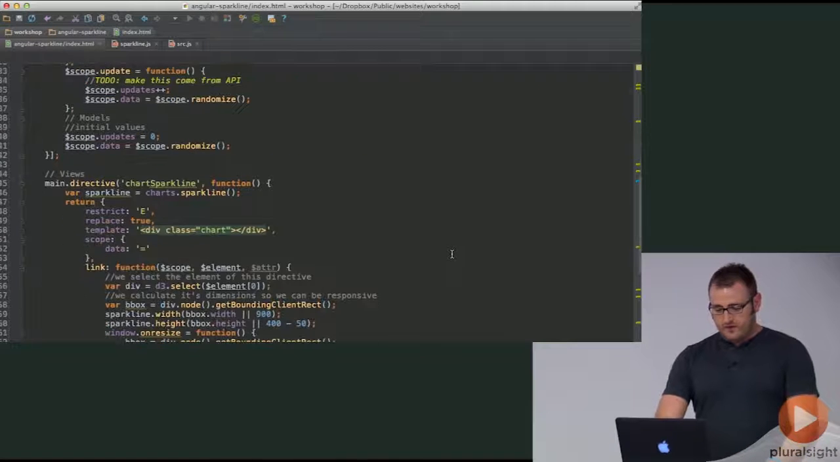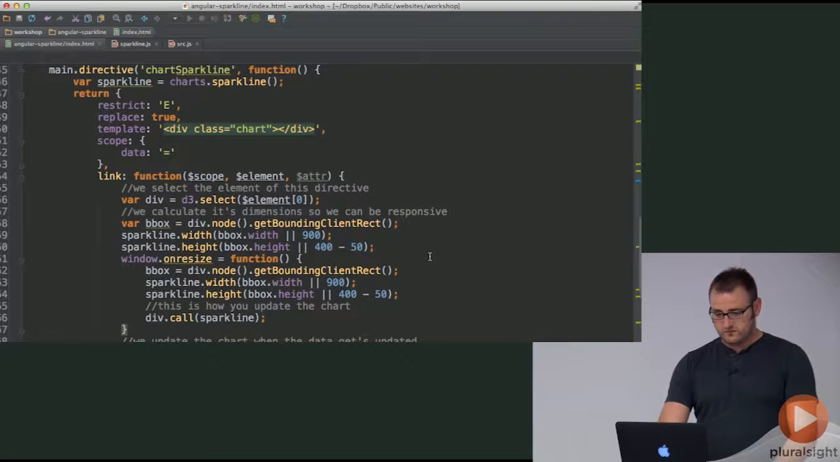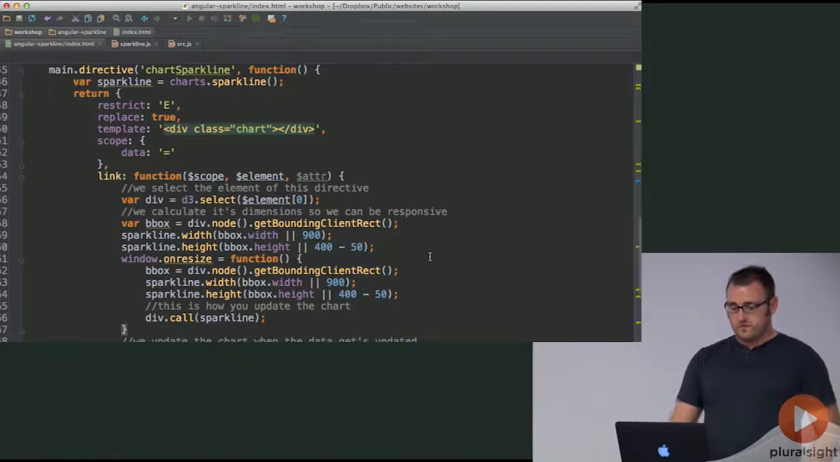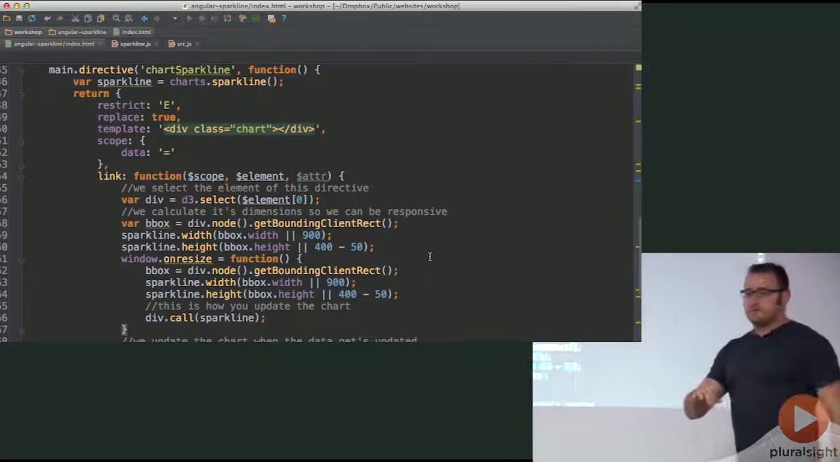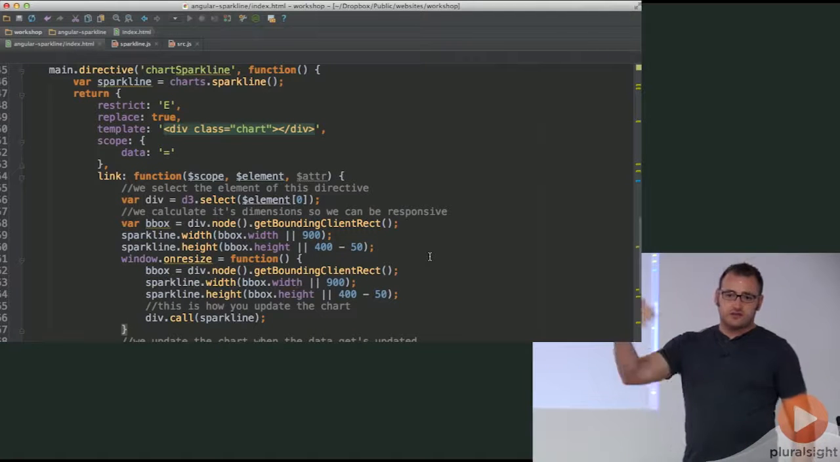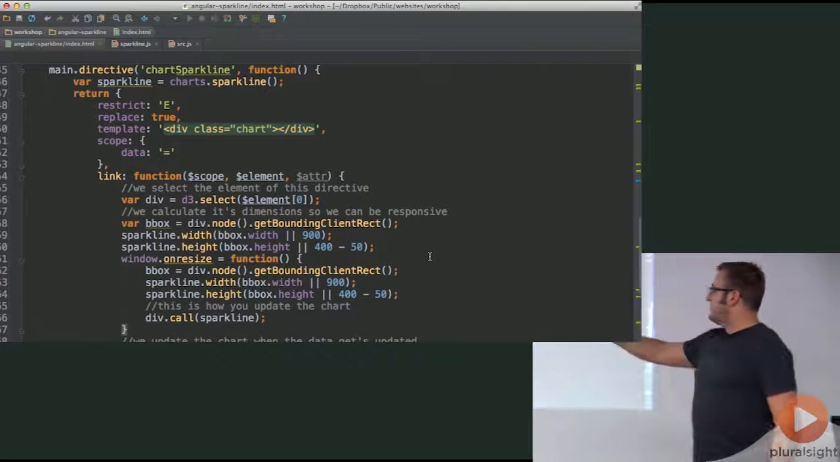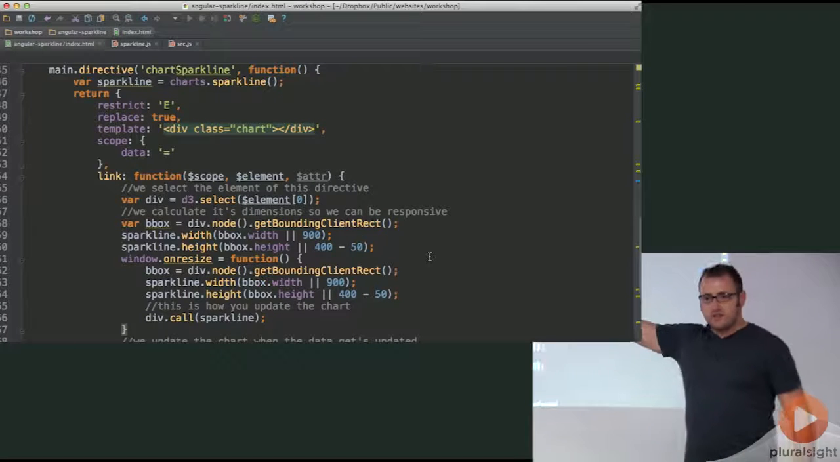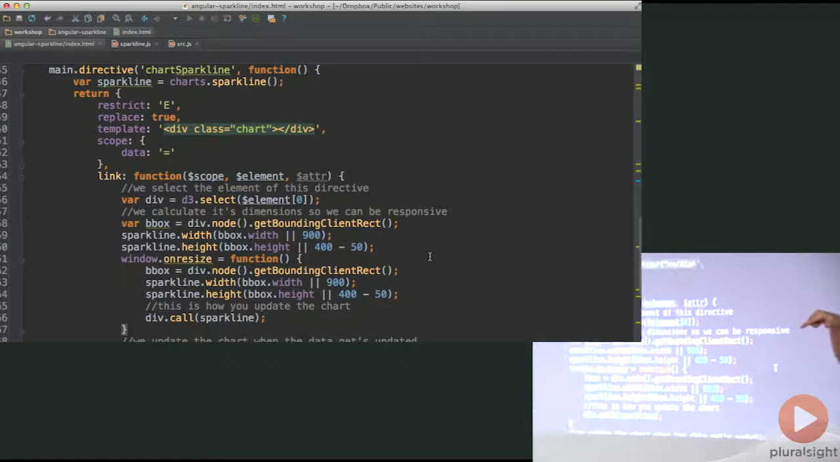Now, one thing about the data definition object is you can actually define this stuff inline. I generally do it outside of it, but in this case, you can see it inline. We're simply saying restrict this to element, replace it, and this is the template that we want to use. So when you actually go